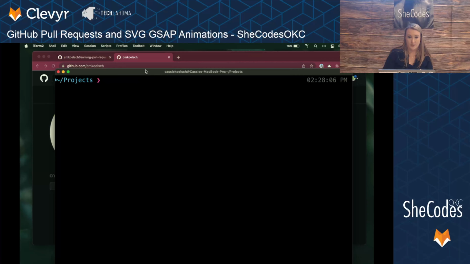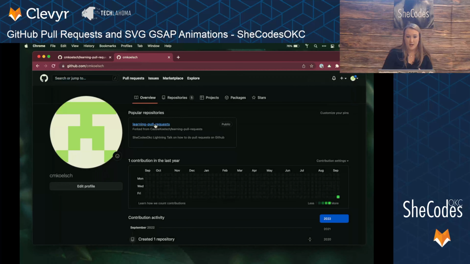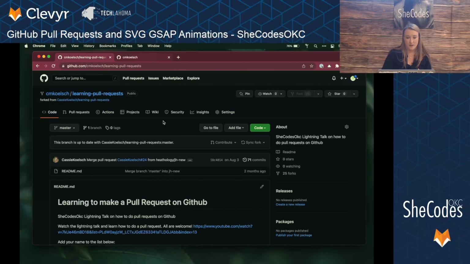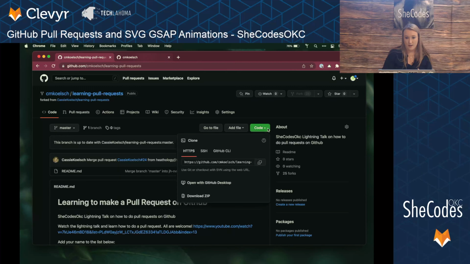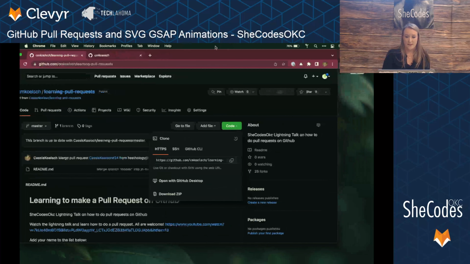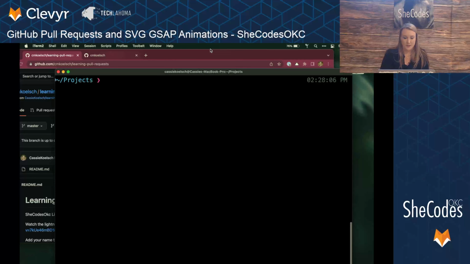I'm going to use this. I need to go back here to my GitHub, and I'm going to click the green code button drop down, and I am going to clone it. Depending on how you have your GitHub authentication, right now I'm using HTTPS, but you may have SSH set up, however you set up your GitHub. So I'm going to copy that and go back to my terminal, and I'm going to use the command git